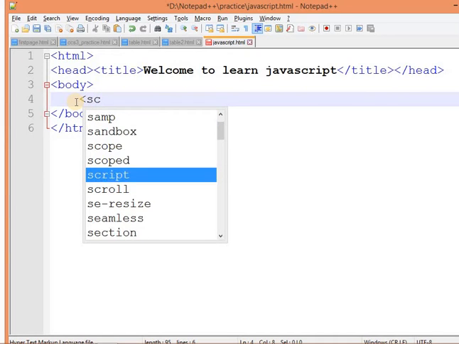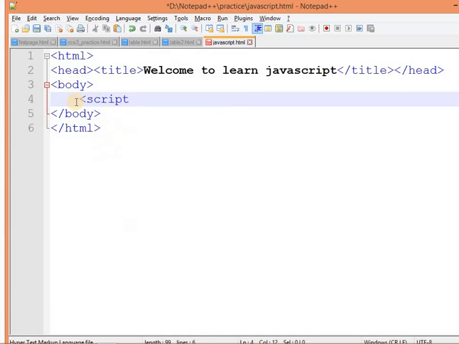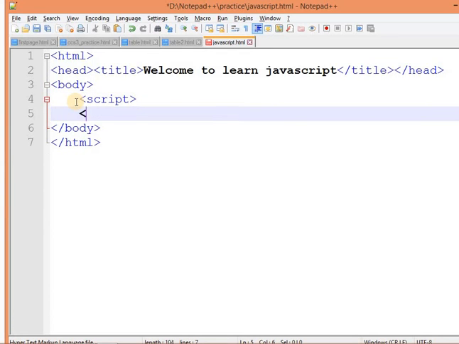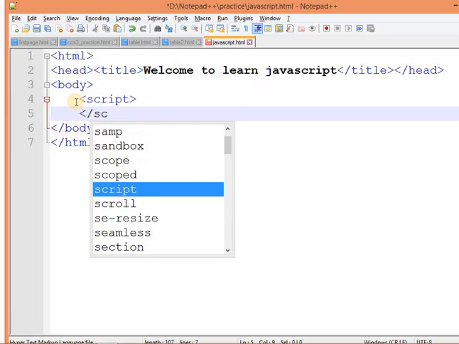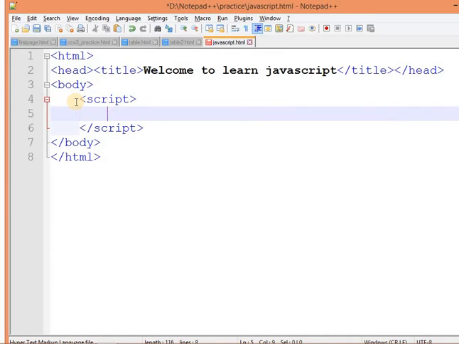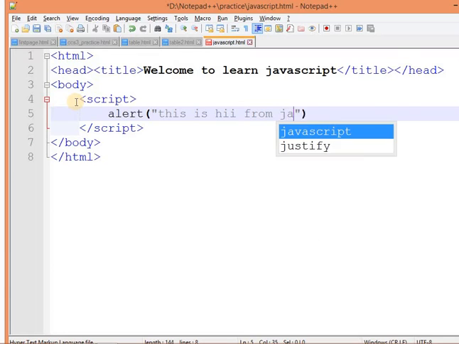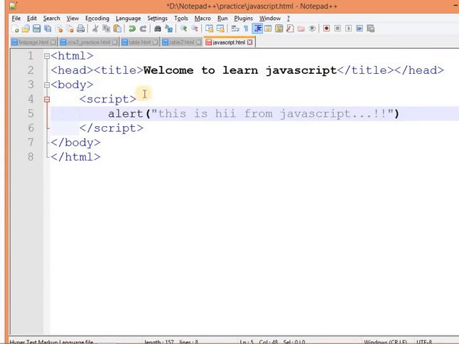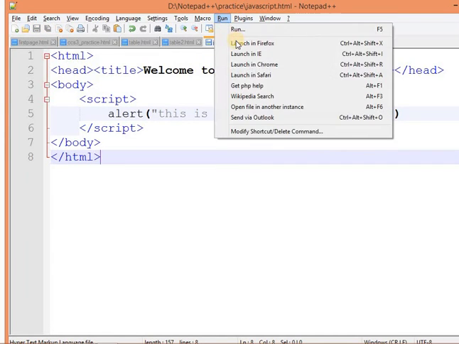You can see that suggestions also come here. So the script tag is complete, and inside the script tag I am going to write alert, hi from JavaScript. Okay, and I have saved this code and will just run it.